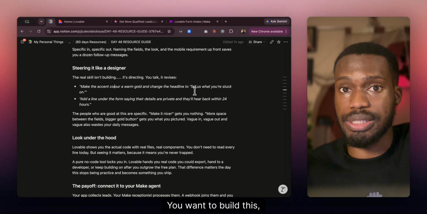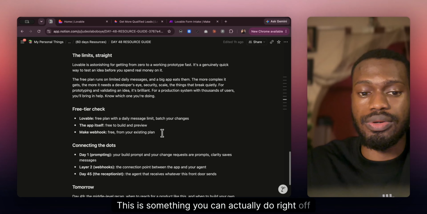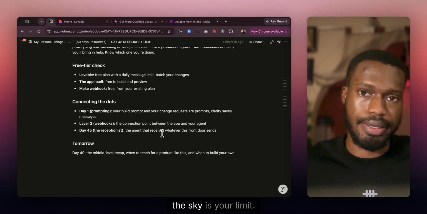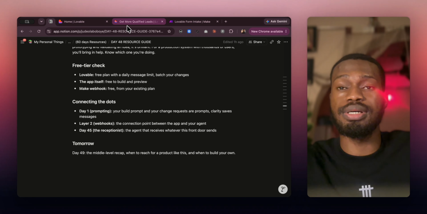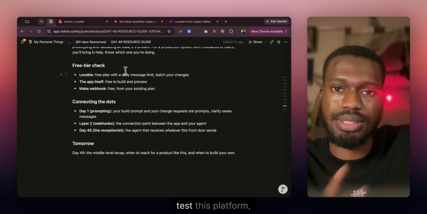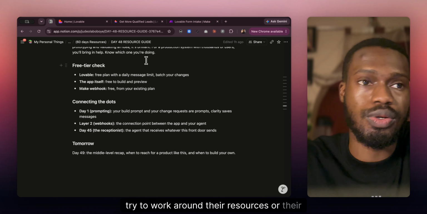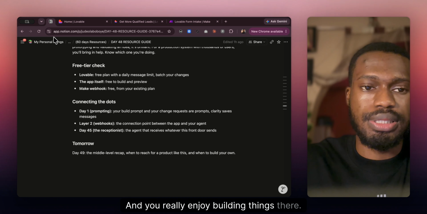You want to build something interesting. This is something you can actually do right off here. So once again, the sky is your limit. Go and build something. Test run Lovable, test Replit as well, and Bolt.new also. Test these platforms, see how they work. Try to work around their resources or their documentation and the rest, and you'll really enjoy building things there.